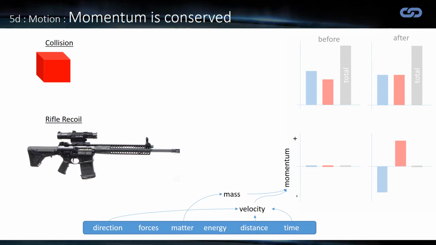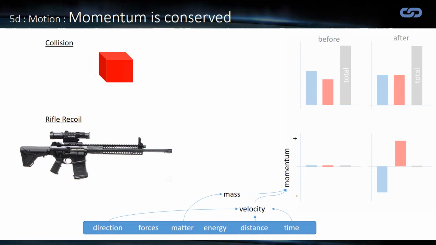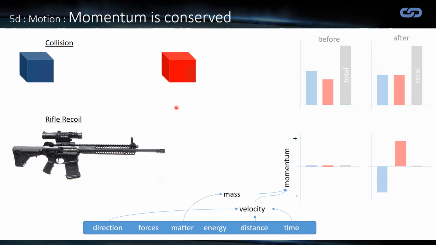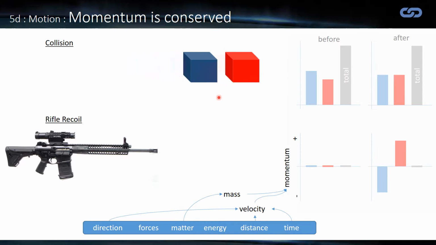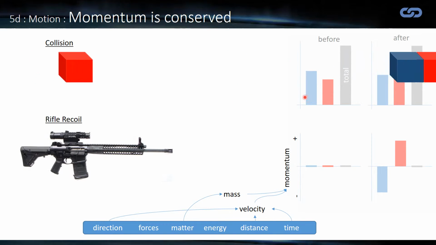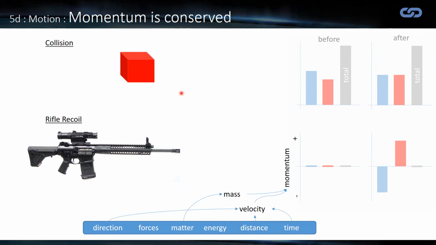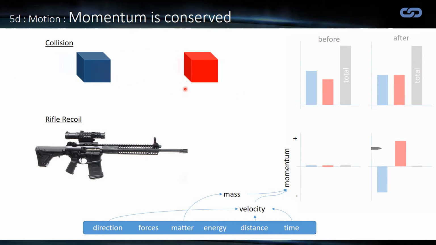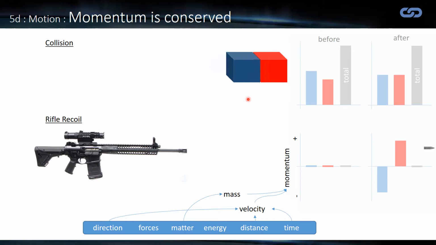Last situation then is more explicitly about momentum. So at the top here we have a collision. We have an object here and it gets hit by the blue one and they combine. Now if you look carefully you can see that the blue one slows down and the red one speeds up. Now it all seems very complicated, but the